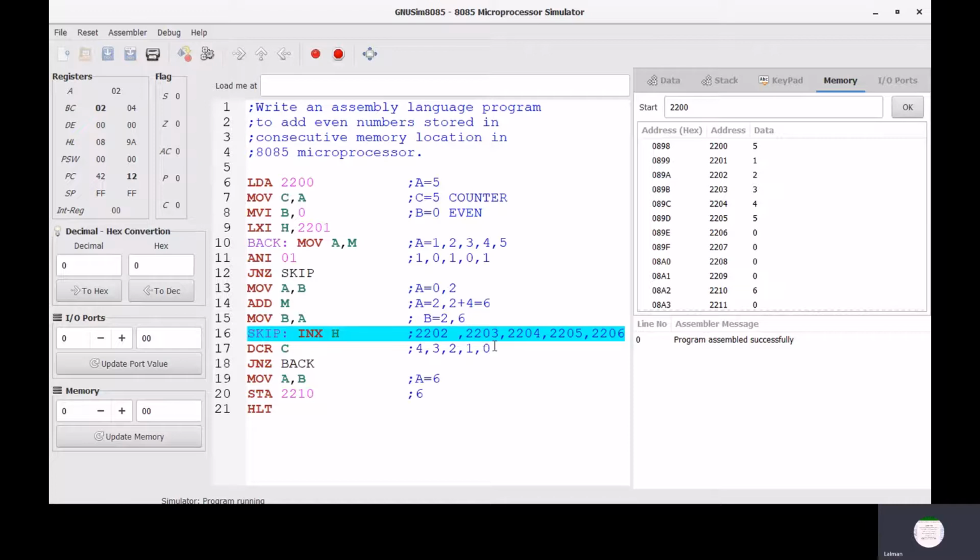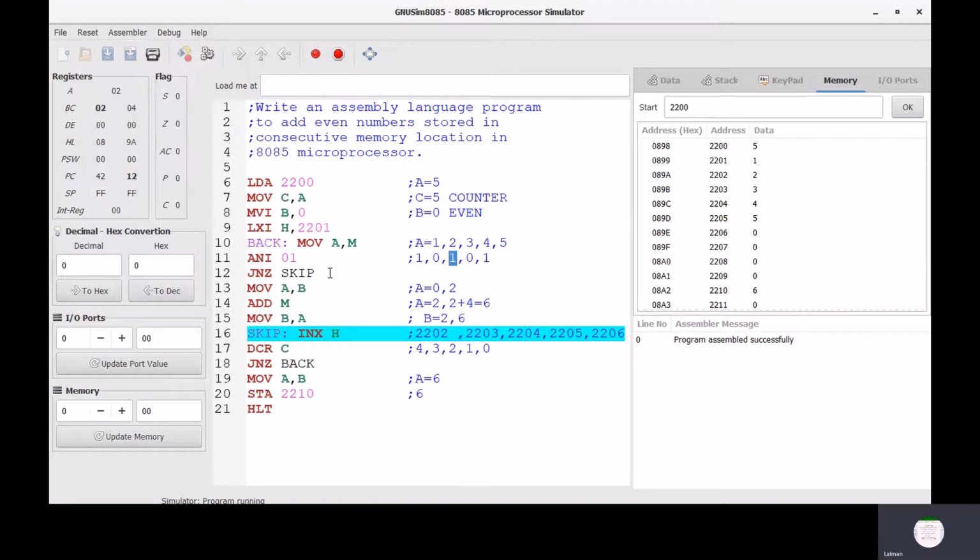Now at this time we are at the memory address 2203. At the memory address 2203 we observe that the value is 3. This is not an even number, so at this time the value becomes 1.